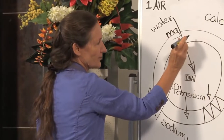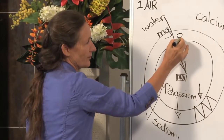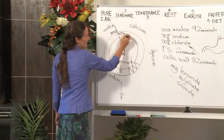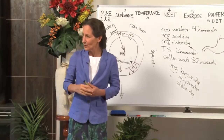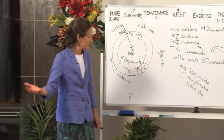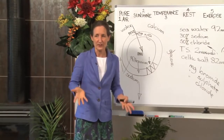When the water goes through that membrane, there's a little motor in that membrane, and as the water rushes through, that little motor starts spinning, and the spinning of that little motor inside the cell gives us a unit of energy. So when everyone's feeling tired mid-morning, all reaching for their Mars bar or cake or pie or sandwich, cup of coffee, just take your crystal of Celtic Salt, have your glass of water, and you watch your energy levels